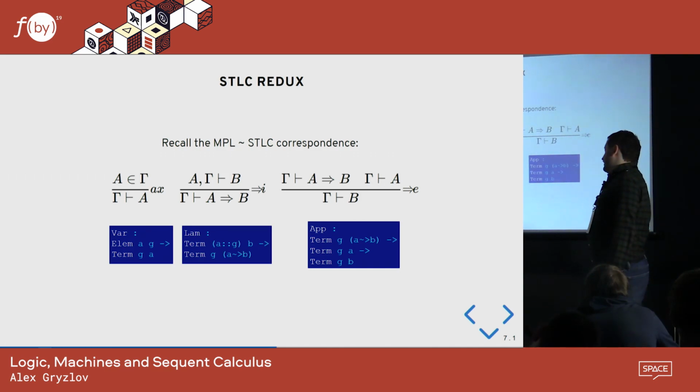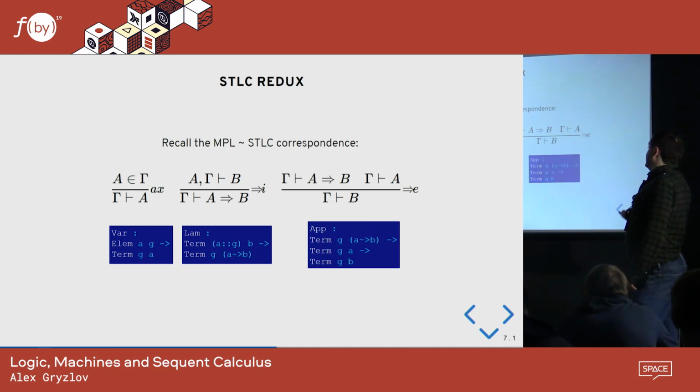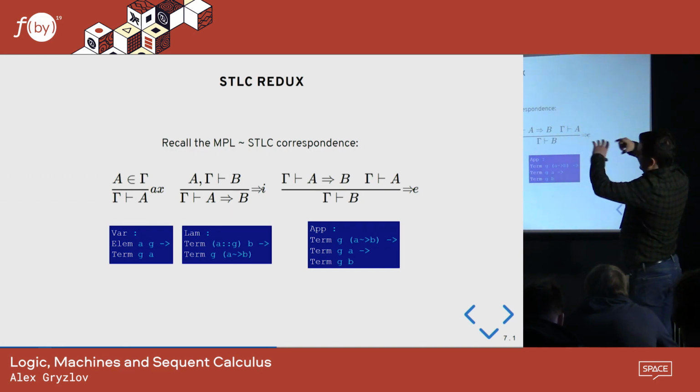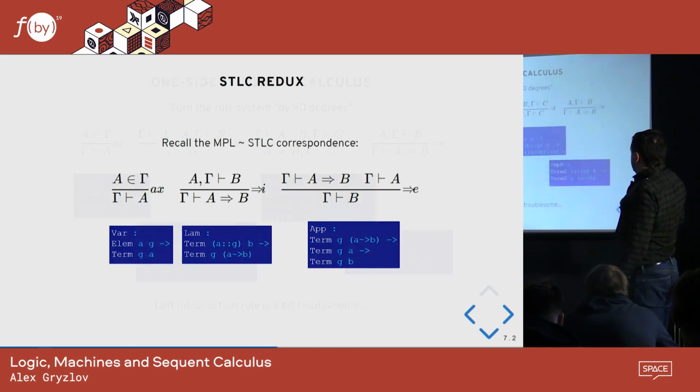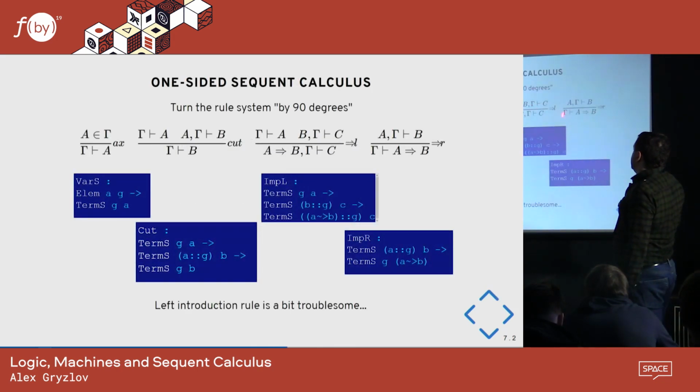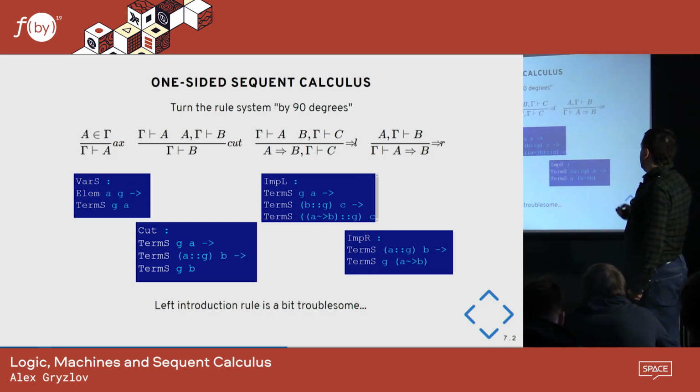So the idea of the sequent calculus is that instead of doing introduction and elimination, instead of putting everything in the term, you do so-called left and right introductions. So yeah, this is how it would translate if written down. This is how you would introduce something in the context, and this is how you introduce something as a type. But still, you need some kind of notion of elimination, and this is the so-called cut. This is a very important thing in sequent calculus.